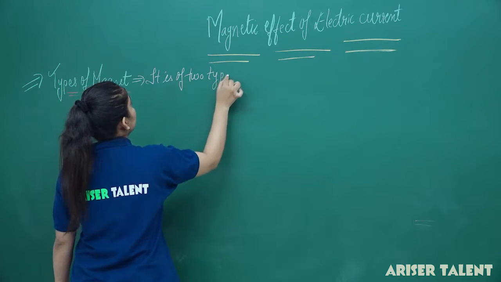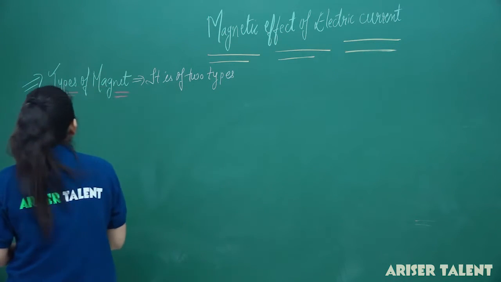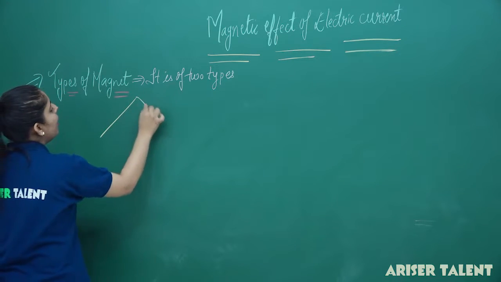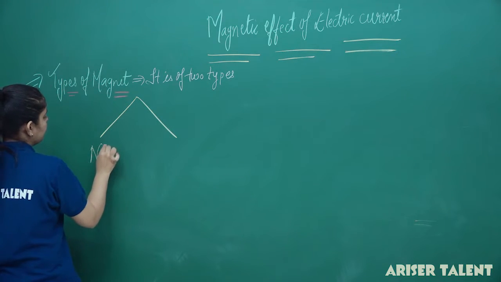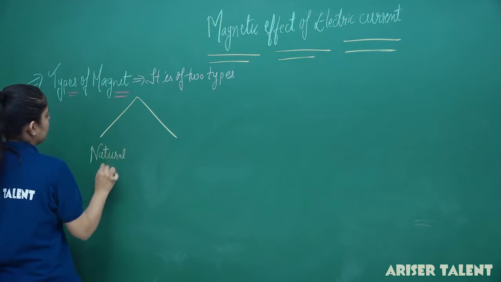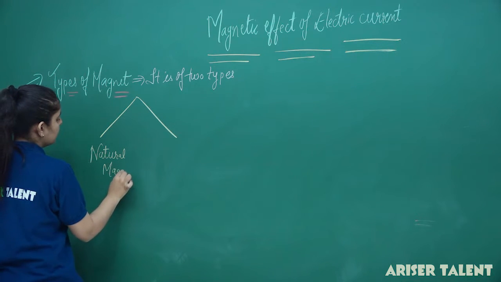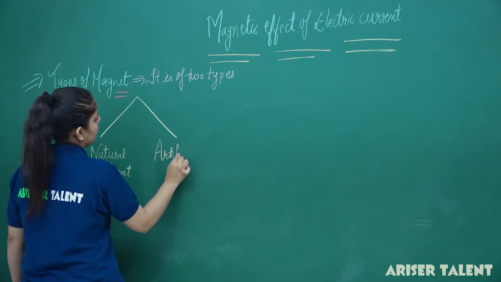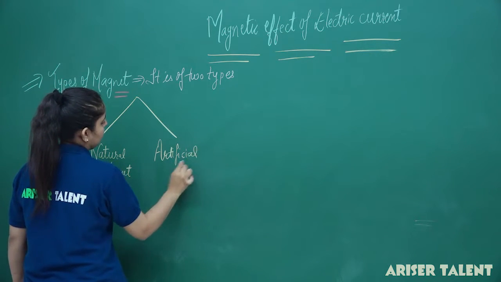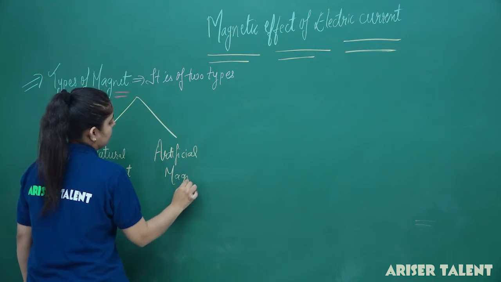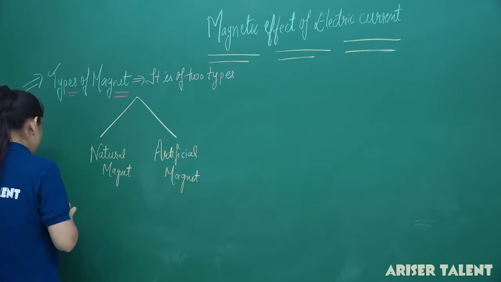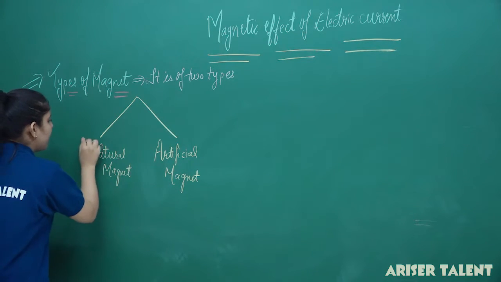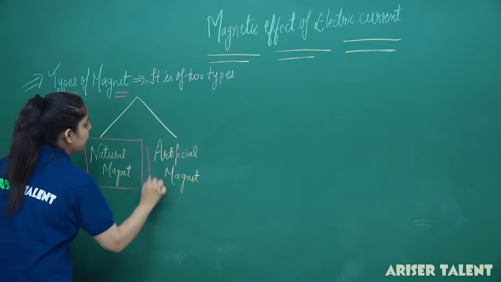And these two types are natural magnet and artificial magnet. First category is natural magnet and the second one is our